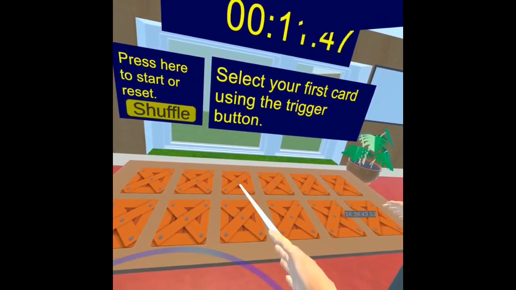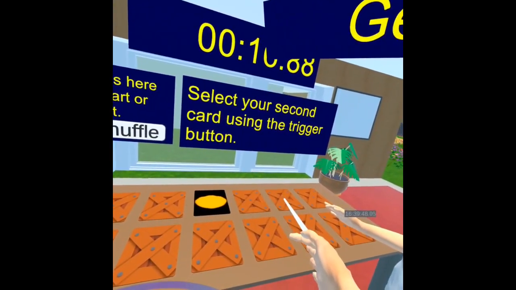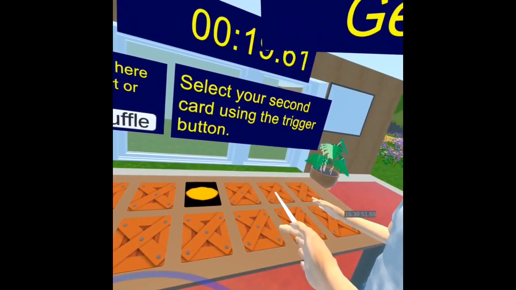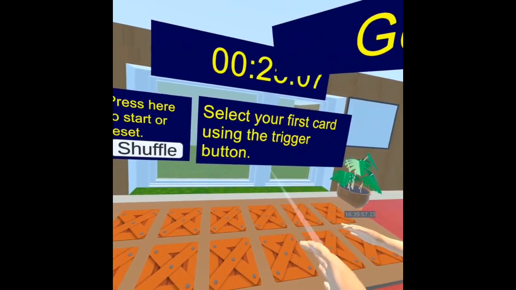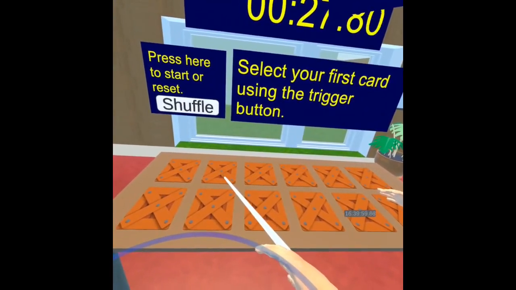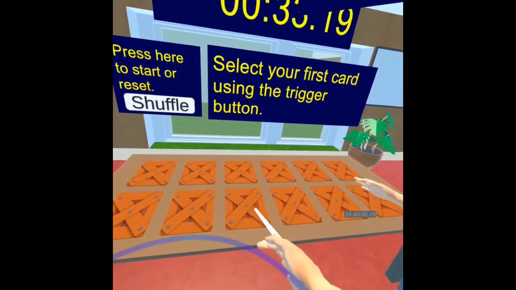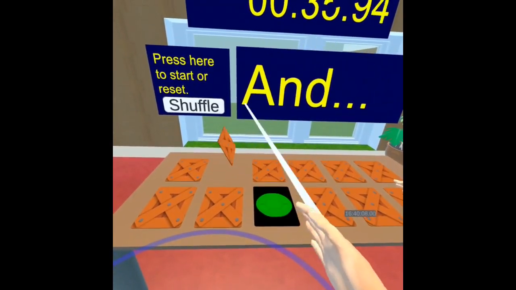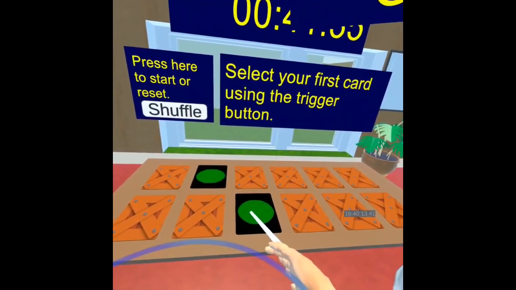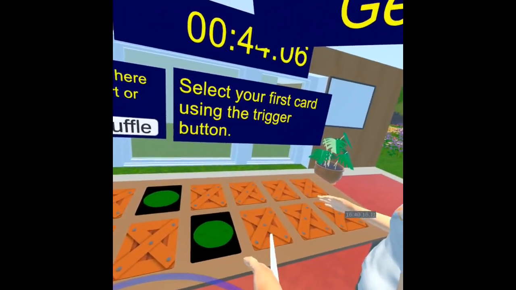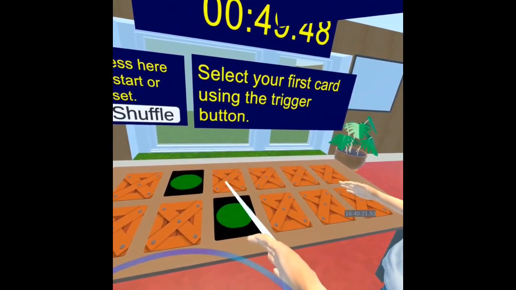So like before, you can point at one of the cards, press the trigger button, and flip it up. Then you or someone else can press another one and flip them up. And after a bit, it will check to see if the cards match. And like before, if the cards are flipped up, they'll stay up, and you can focus on searching for the other cards.